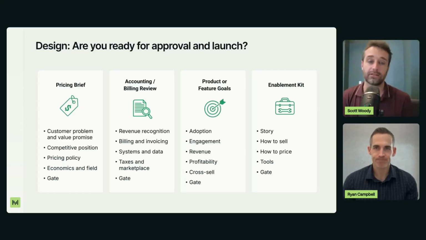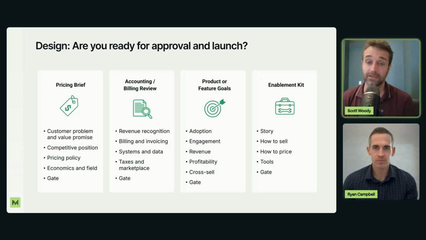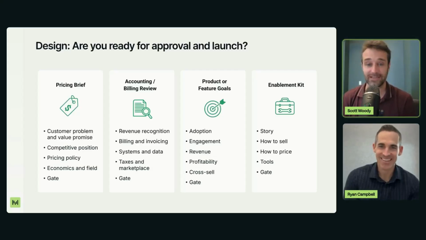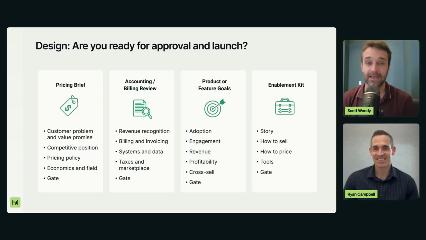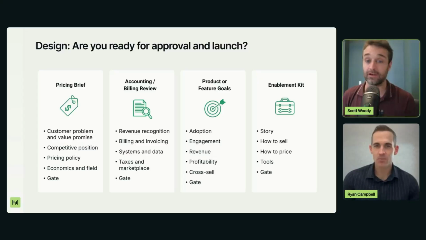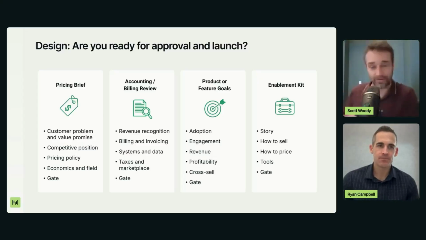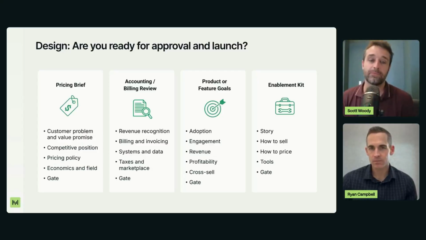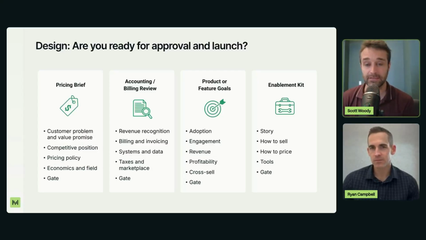And picking on enablement, field enablement is in some sense one of the most important ones, because if your field doesn't know how to talk about a thing, guess what they're going to do? They're not going to talk about the thing, or they're going to sell it in a way that makes no sense and doesn't align to the actual value. And then they're going to get a sale, but then the customer's going to churn or whatever. It's super important that these steps exist to run a clean experiment and to help you learn at the maximum possible rate.